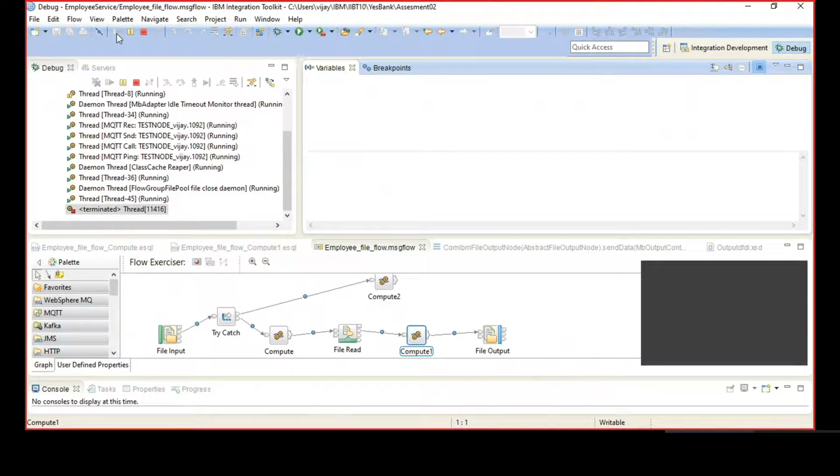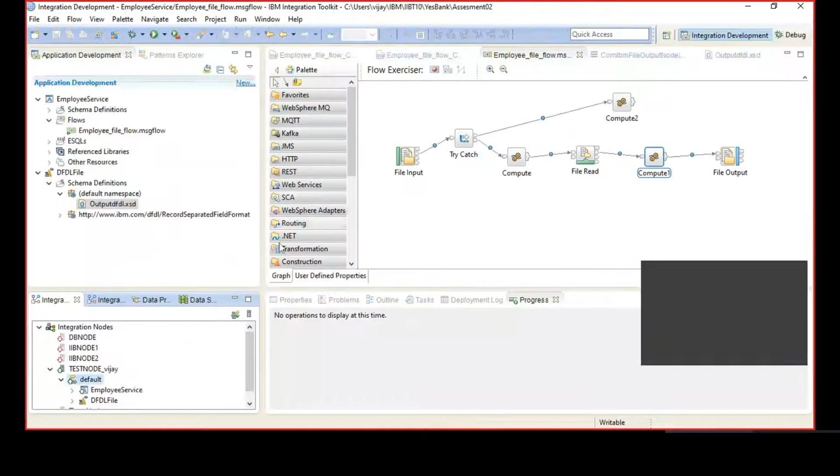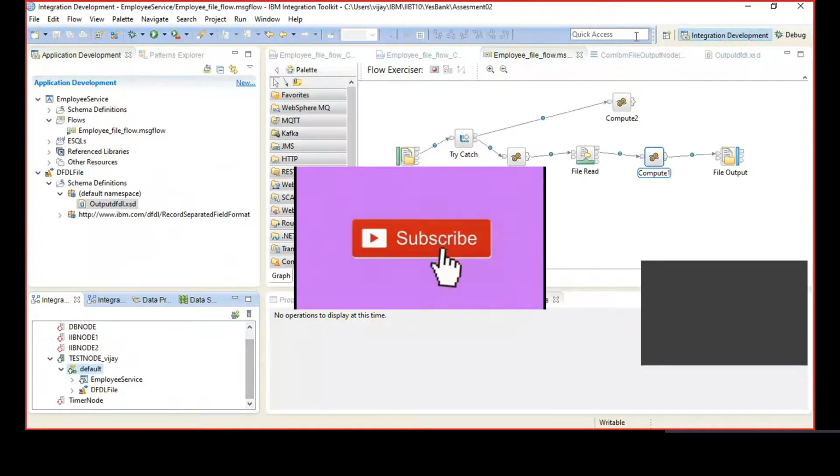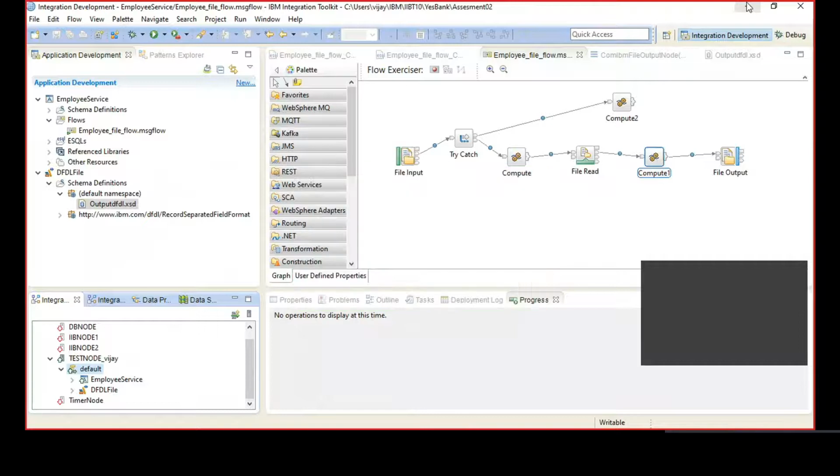Now it's terminated. The thread has terminated processing. Now you can go to IIB development mode and then deploy your flow once again. Shall I put the input files back again because they might have been processed? First deploy, then put the file back in.